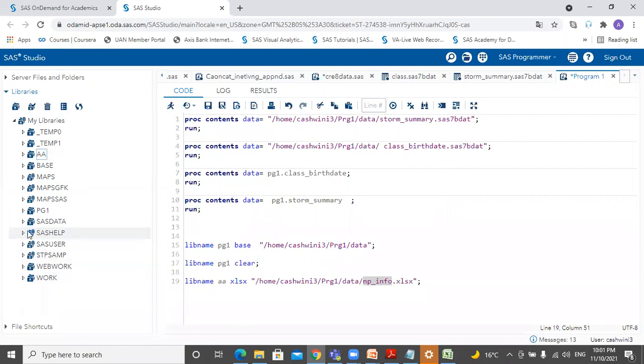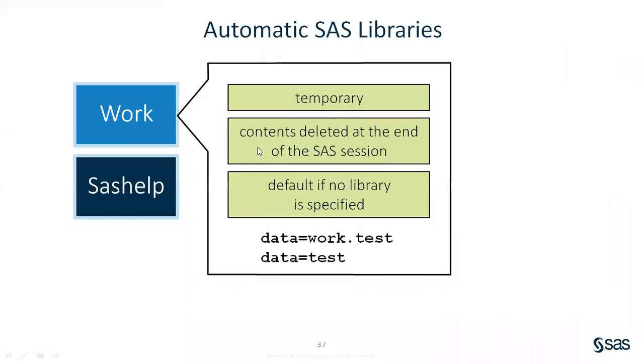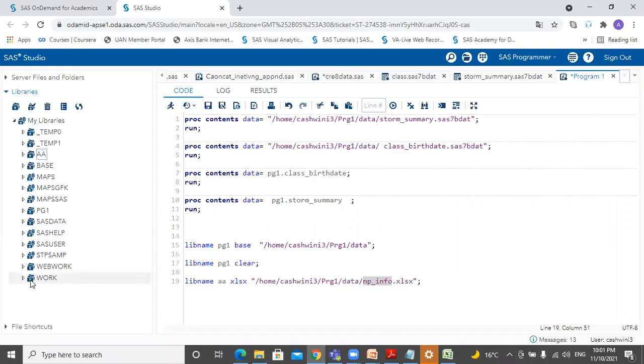The SAS help library is a permanent library, whereas the work library is a temporary library. So why temporary? Because if you save any data in this work library, it will be saved in this library only for that session. Hence, it's called a temporary library.